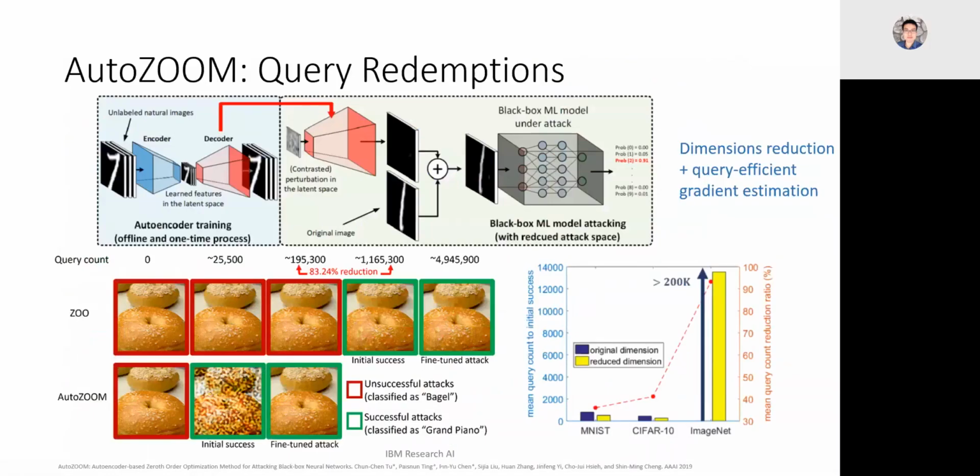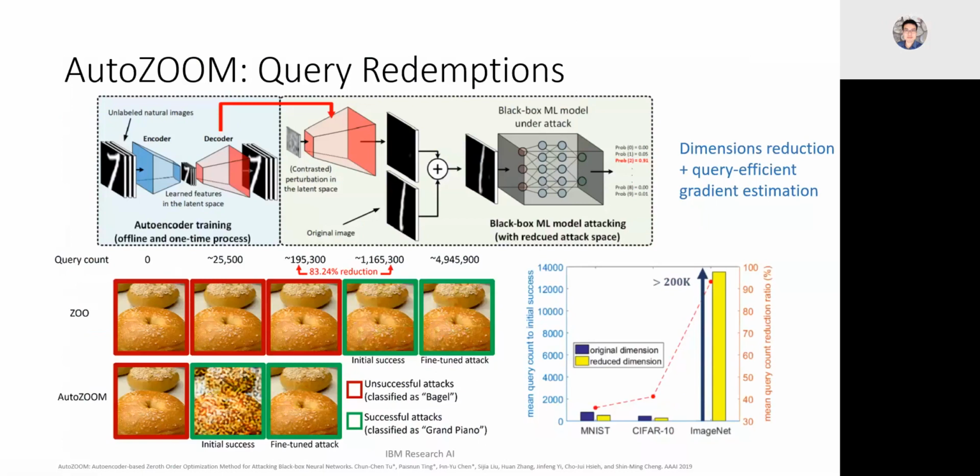And more recently, in 2019, we have improved the version of this black box attack. Our previous method is great, but it usually needs a lot of queries to make this attack feasible. For example, to make the bagel be classified as a grand piano, we usually need a million queries from the machine learning model. So what we are proposing here is a more query efficient way of doing this. We apply dimension reduction to make the number of queries more efficient, and we also have a newer gradient estimation technique to reduce the number of queries we need